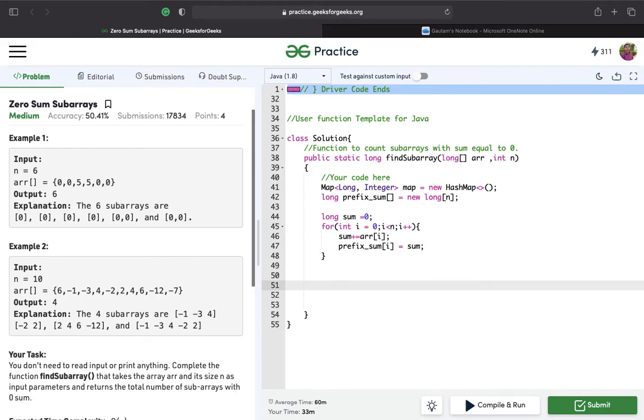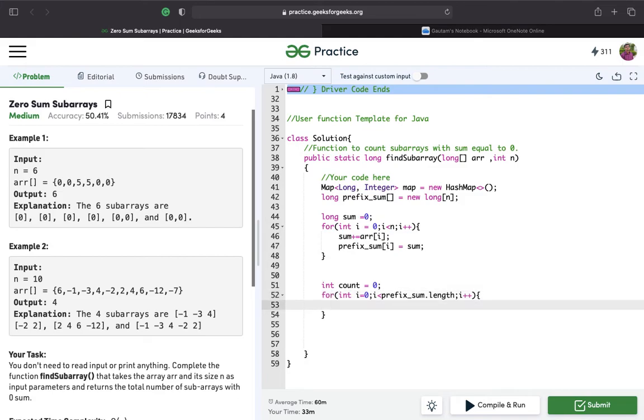So now let's create an int count variable which will store our result. Now for int i equal to 0, i less than prefixSum.length, i plus plus.